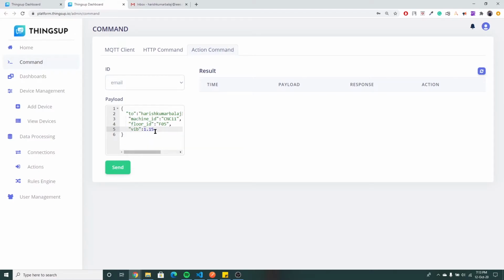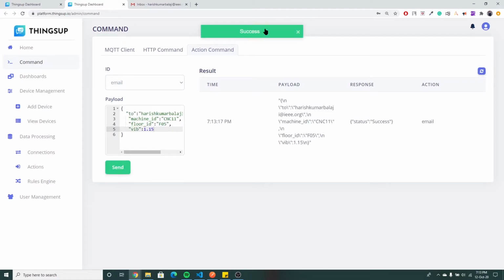Once it is done and you have created a JSON string here, just give send. You will get success here.